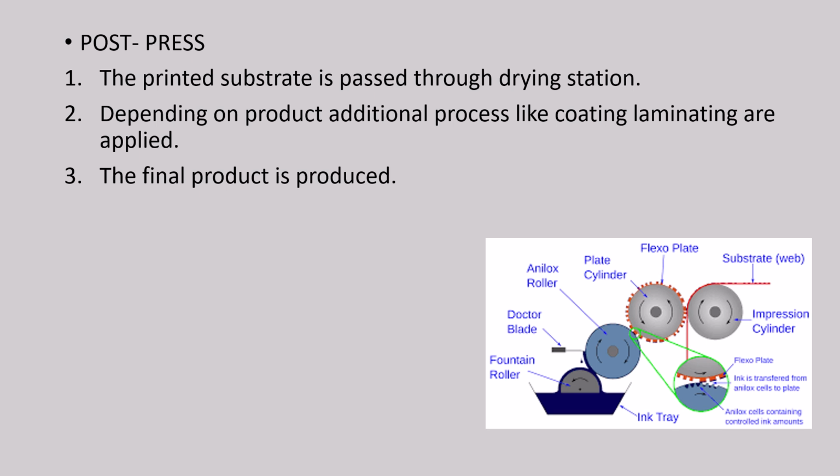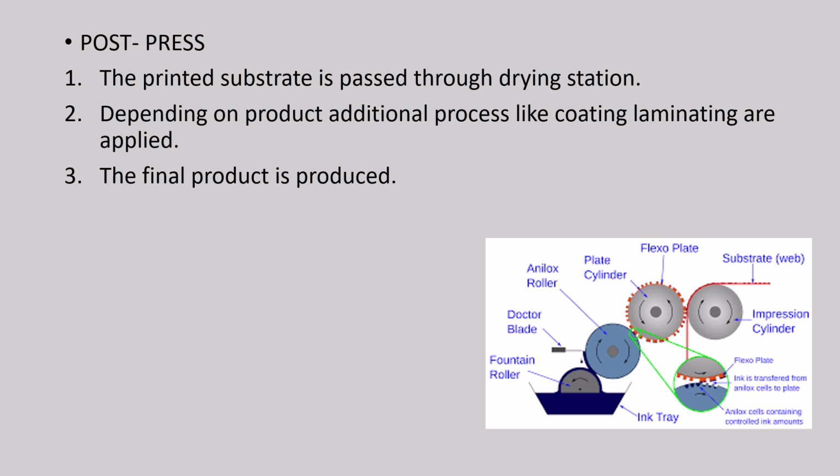With the movement of these two, the ink from the anilox roller gets attached to the flexographic plate. And in the flexographic plate, we see many small, tiny pores present, and the ink gets transferred to these places. And when this flexographic plate moves in an anti-clockwise direction, the next one, the impression cylinder, moves in a clockwise direction,